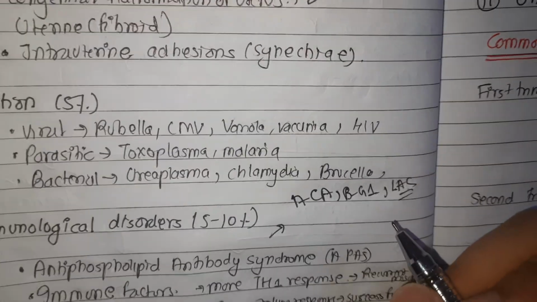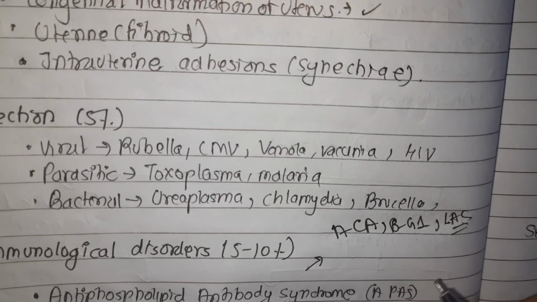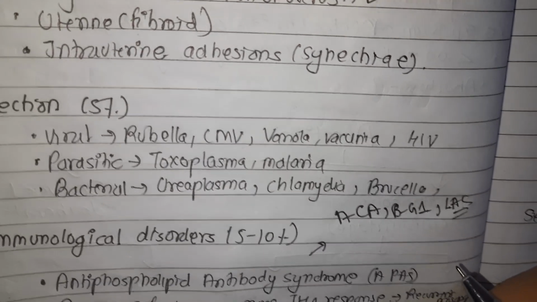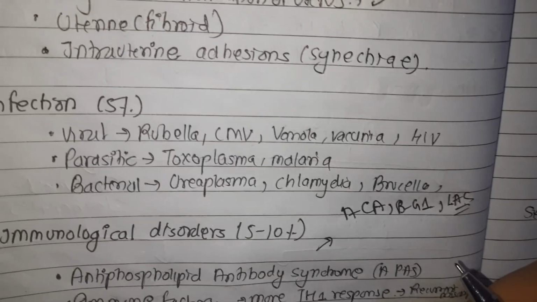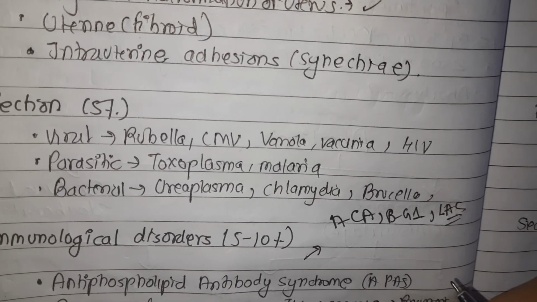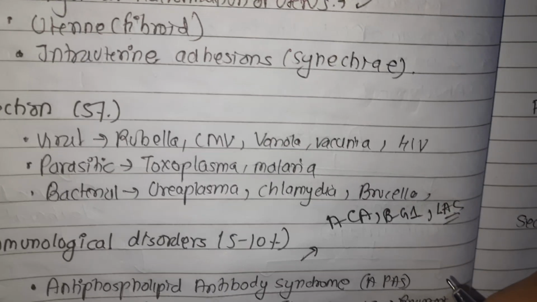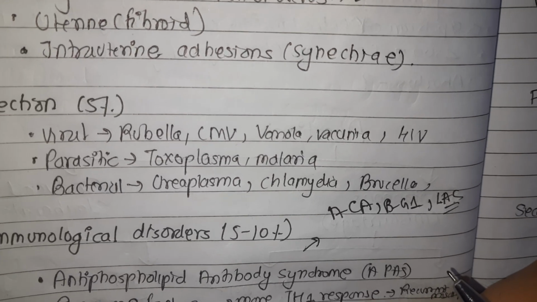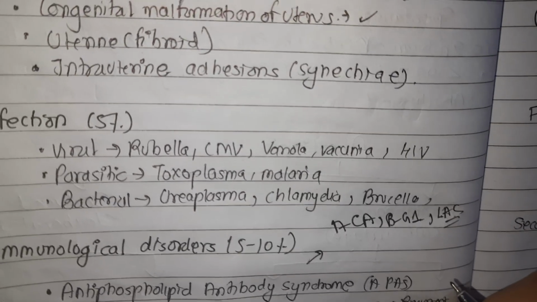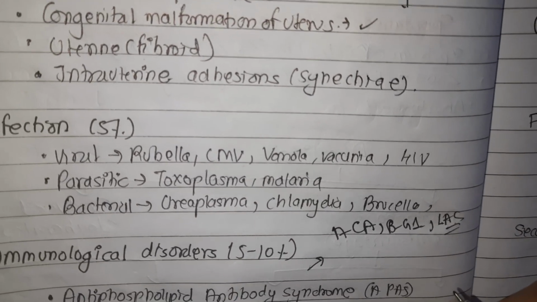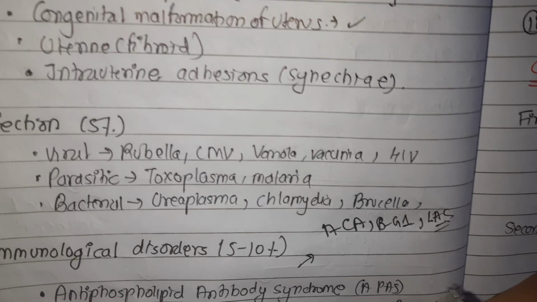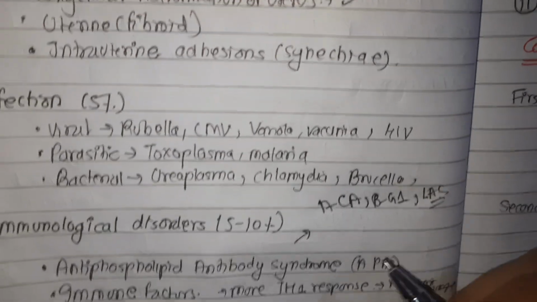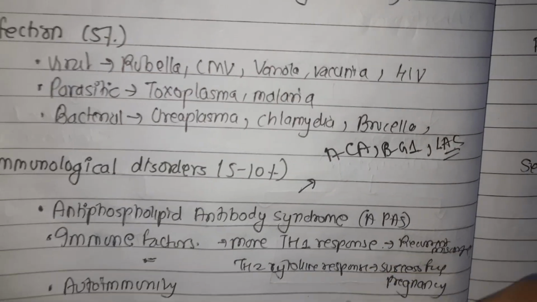And the mechanism of pregnancy loss in this antiphospholipid antibody syndrome is that there is inhibition of trophoblast function and differentiation, and also activation of the complement pathway, and release of various local inflammatory mediators, cytokines, interleukins, and thrombosis of the uteroplacental vascular bed ultimately leads to fetal hypoxia, and that causes abortion in APLA syndrome.